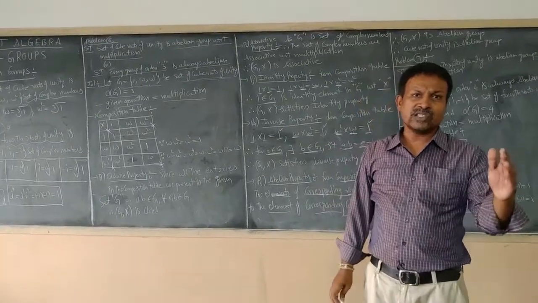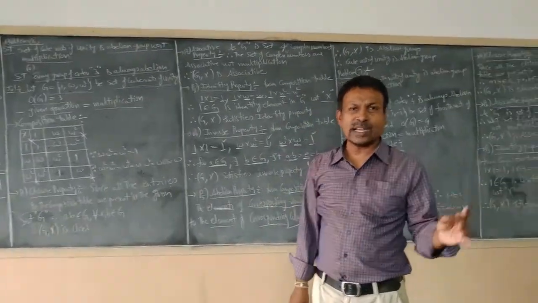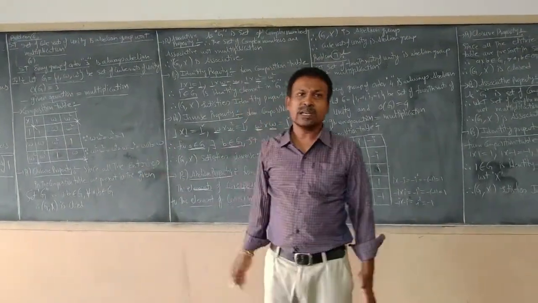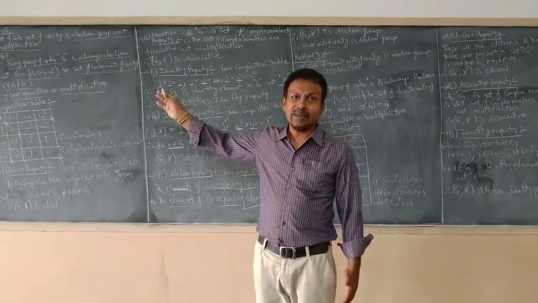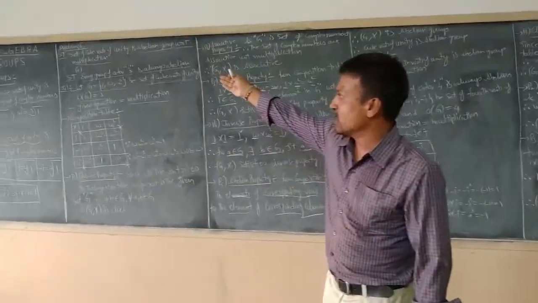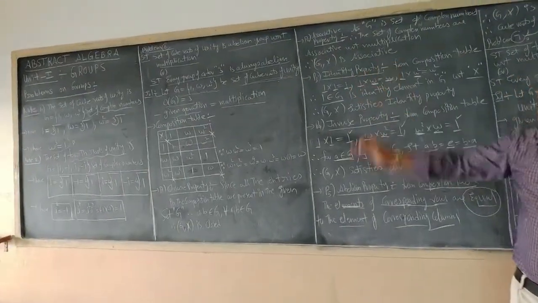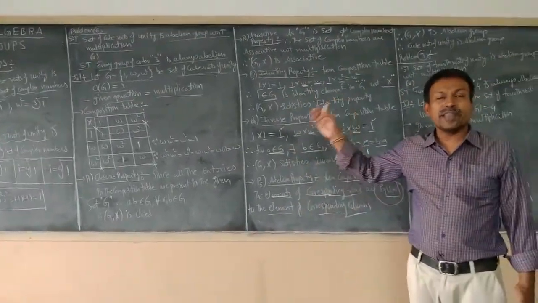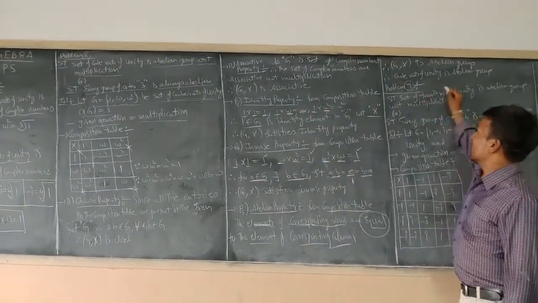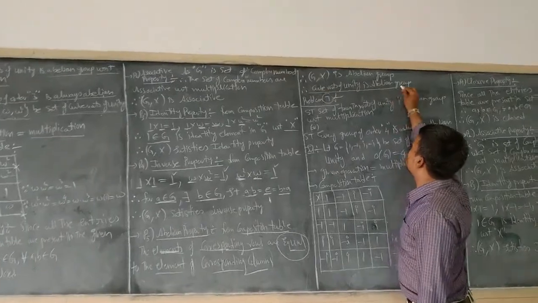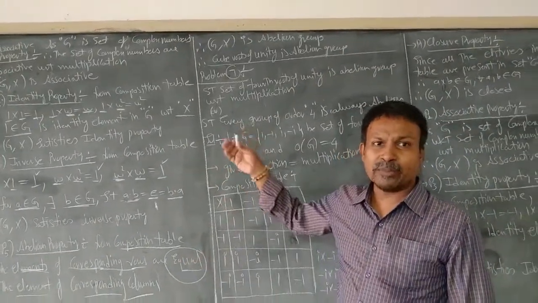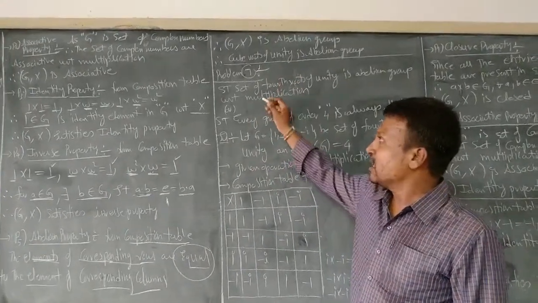Why? Because this set G satisfies closure, associative, identity, inverse, and commutative properties with respect to multiplication. So we can conclude that this set is an abelian group. Right. Or the second statement. What is the second statement given in the question? Every group of order 3 is always abelian. We can also conclude that every group of order 3 is an abelian group. In this case, it is being proved. So if we go to the next problem, that is problem 7, we have to see the statement carefully.